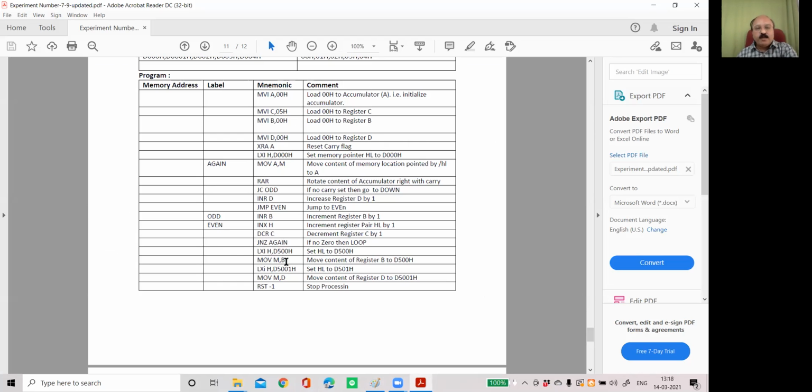MOV M, B. So what will happen? The content of B will be moved to the memory location whose address is in register pair HL. Then point HL to D501H. MOV M, D. So the content of D will be moved to M. So we will get the count of odd, that is B, in D500H, and even in D501H. Sounds simple? That's great.